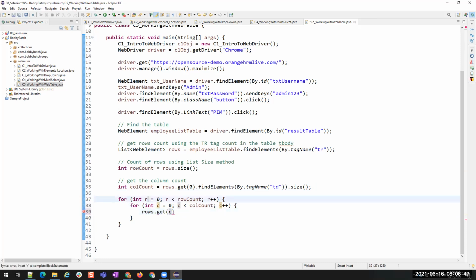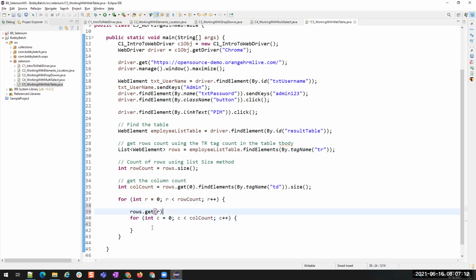Here it is, right? So I'm using row. We got the 0th row now. Rows is the number of rows, all the rows are present inside that list. Now we are getting the first row using its R index 0. On the first row, what we have to do? We have to get the columns.